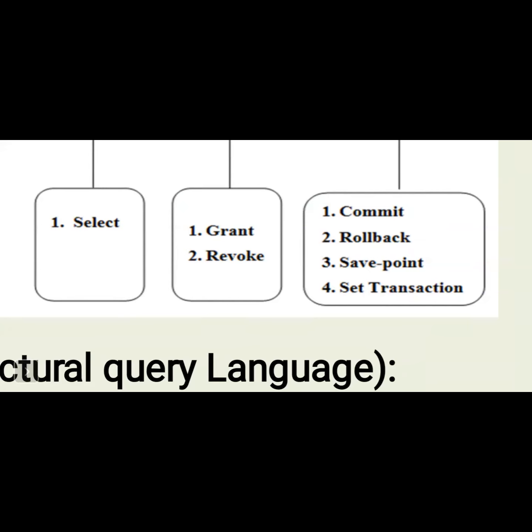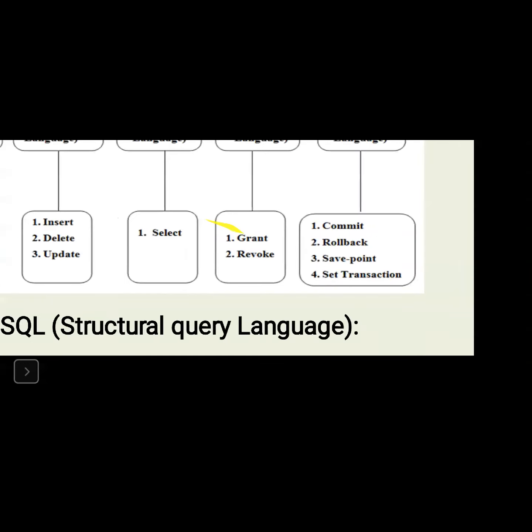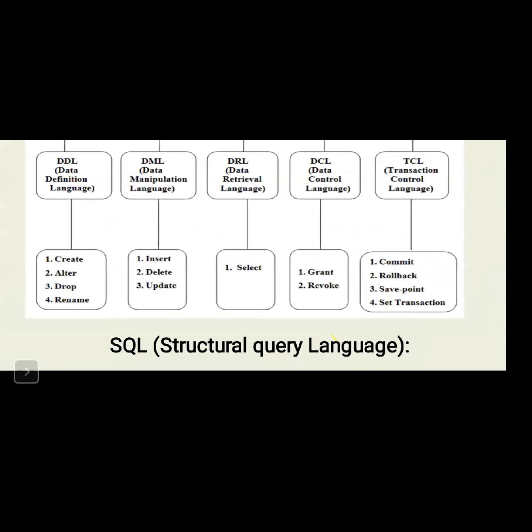So the next day, maybe only two members pay the fees, so we save with another save point. Then that save point has 12 members, and the first save point has 10 members. On the next day, maybe three members pay the fees, so we use another save point, and that save point has 15 members. The previous one has 12 members, the first one has 10 members. In that way, we can save the particular transactions separately by using the save point. So that is the purpose of this one.